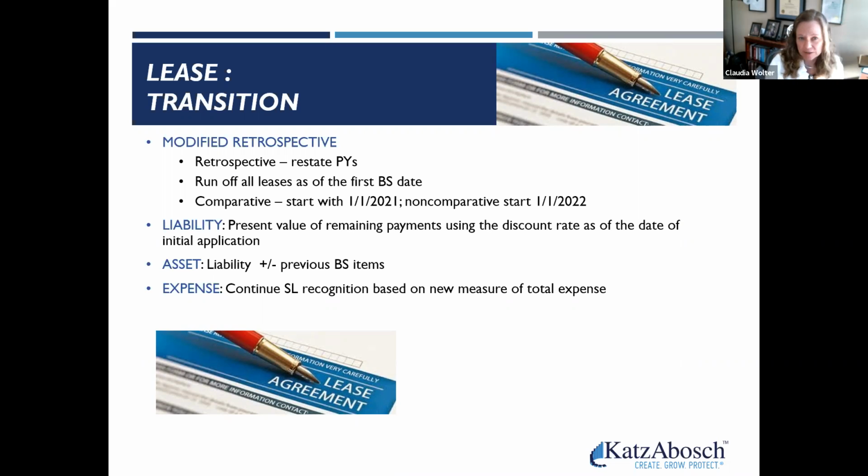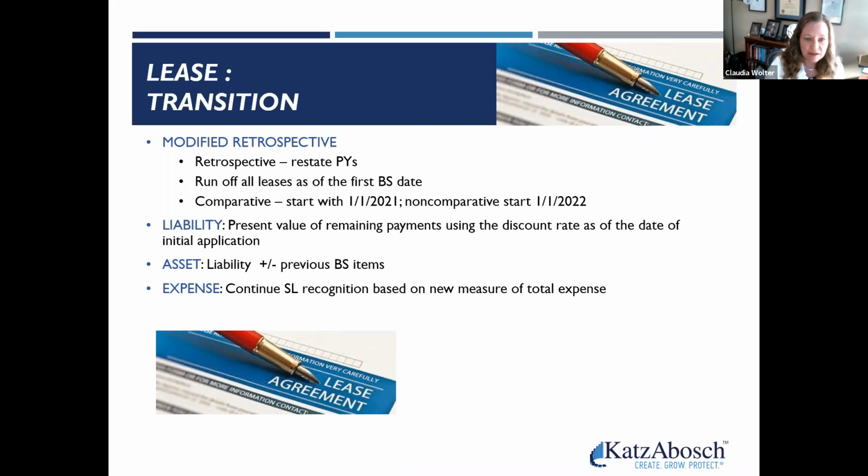So there's a practical expedient that you can use. Say I'm doing 2 years and 2021 is the first year I'm presenting. If there was a lease that concluded during 2021, there's a practical expedient that says I don't have to figure out those lease payments because that lease is basically gone as of the date I'm implementing. So, you know, that's a helpful practical expedient there. But you do basically take any lease that's a capital lease and that becomes a financing lease, an operating lease becomes an operating lease.